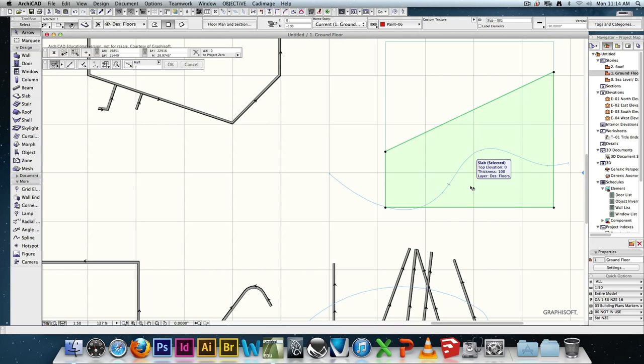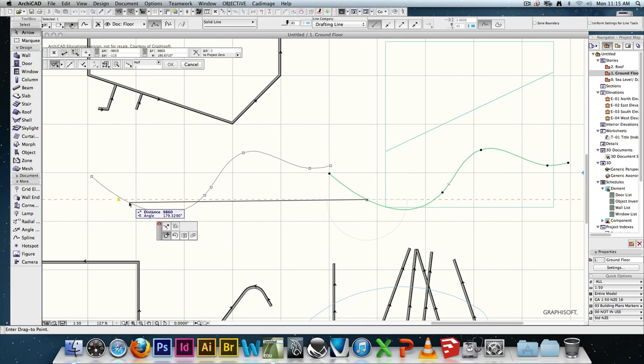No. So sometimes you'll find that the spline doesn't always work. Now there are definitely workarounds with this. But just be warned that the spline doesn't always work in the same way, mostly because it's quite a complex mathematical model, and the edge of the slab can't be a spline. It just doesn't, maybe in ArchiCAD 23 or something, but currently you can't have the edge of the slab being a spline shape. And when I say spline, this is still a vector shape,